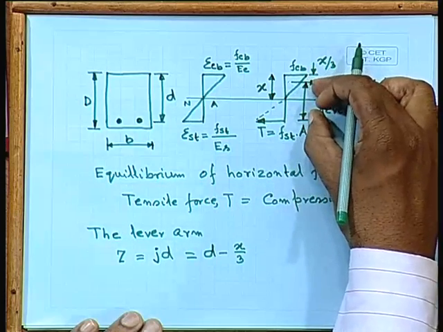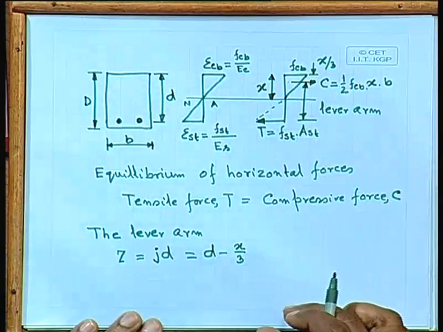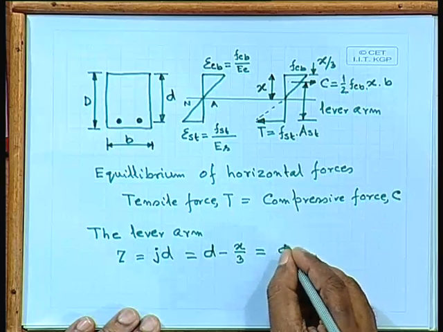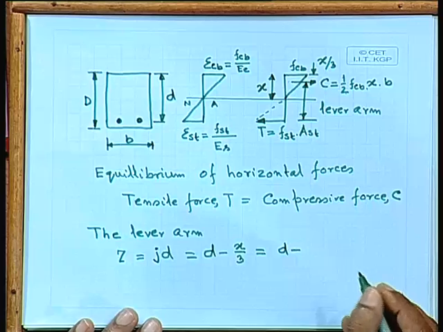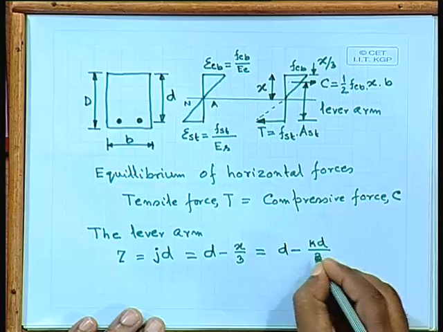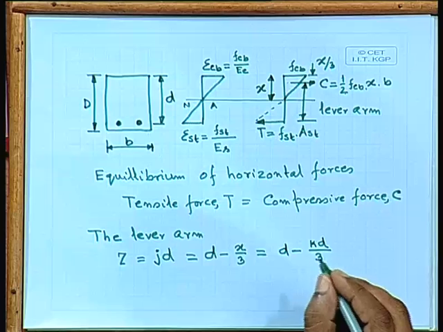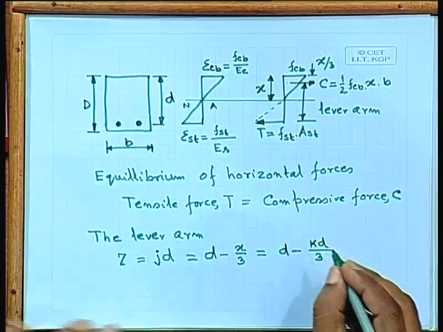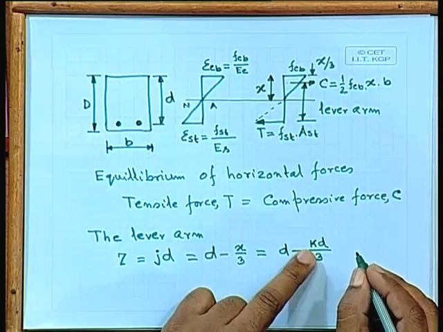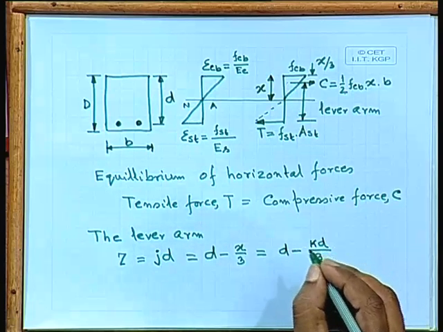So, this will be equal to D, the effective depth, minus x by 3. That will be your lever arm, which again we can write down. x, we can write down as another parameter, say kd. I am assuming x is another fraction of the effective depth. We are considering everything in terms of effective depth, so another fraction, say k. The first one we considered was j, and another coefficient we are considering is k. So jd is the lever arm,